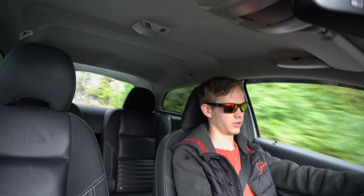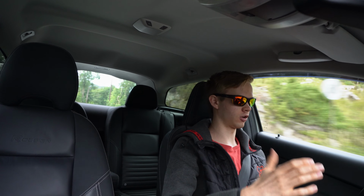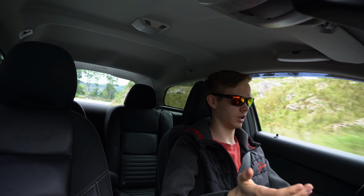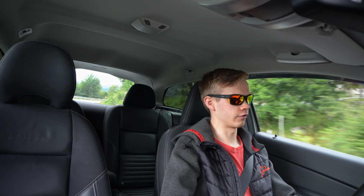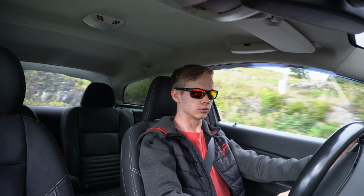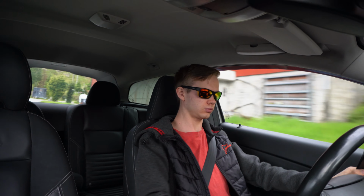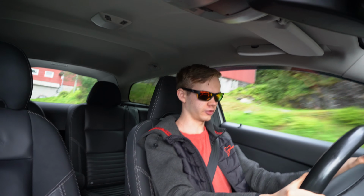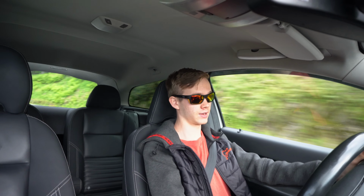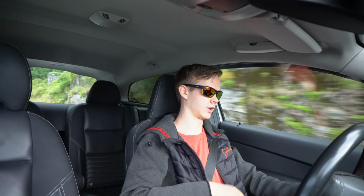This car really is quite amazing. And again, of course, I don't have a large sample size of cars that I have driven, because I'm 19 years old. I've had 2 cars, both are C30s. But at least in isolation, I can tell you that this car, at least with this setup, with lowering springs